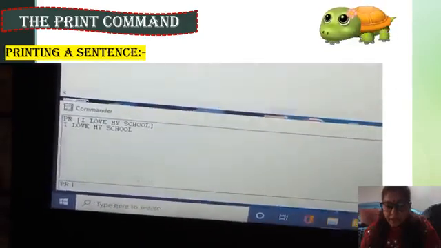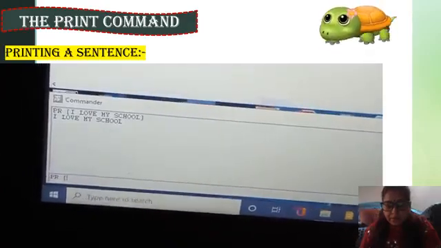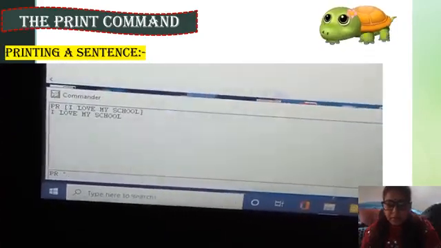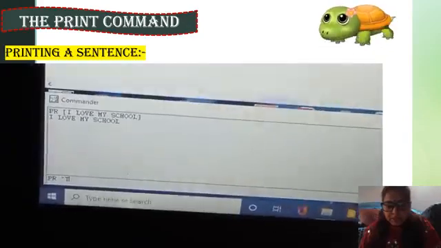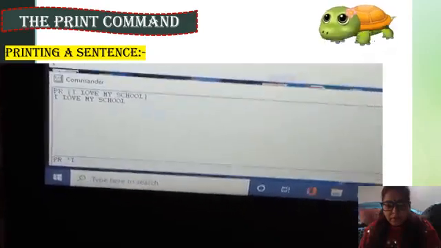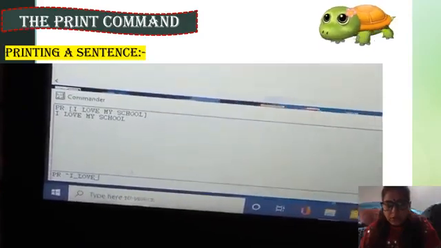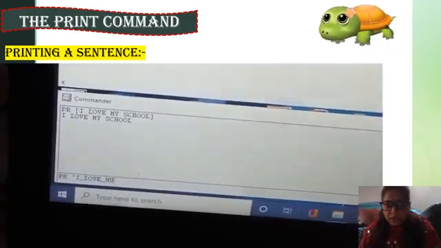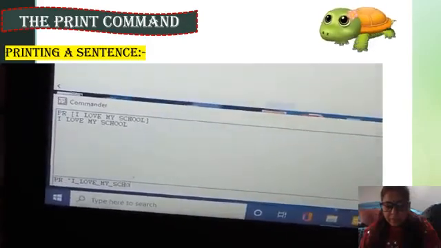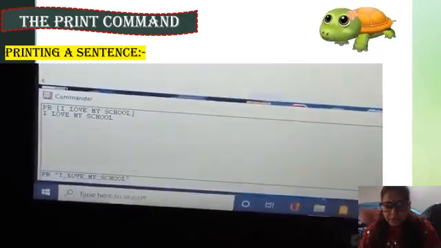The same way you can display any message with the underscore, like PR, then take a double quotation, write the sentence I underscore love underscore my underscore school, and close the double quotation and enter.